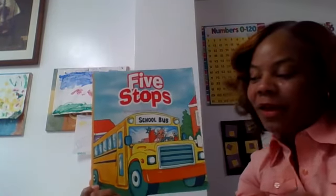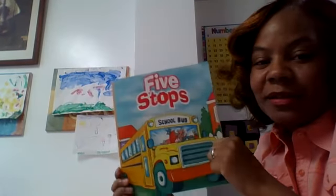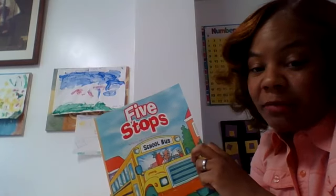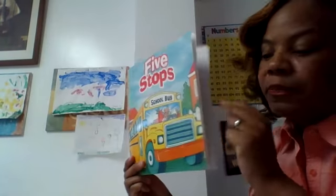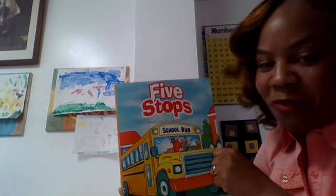So keep playing this video and reading this story with us, because there are lots of sight words in this book and lots of names. You have to be able to read the names, lots of different names when you're reading to your teachers, so you can go and keep reading and practicing this book called 5